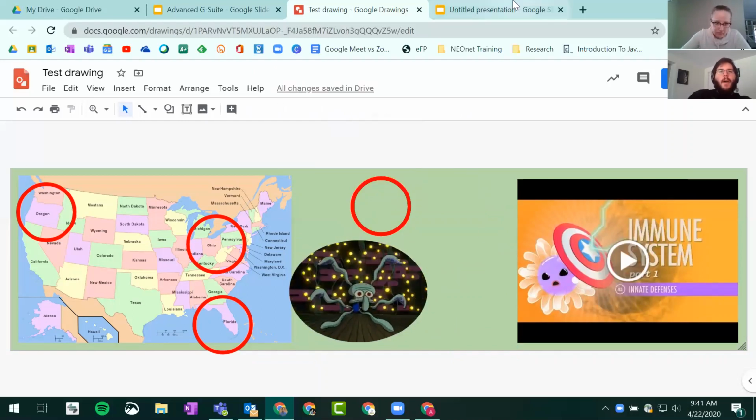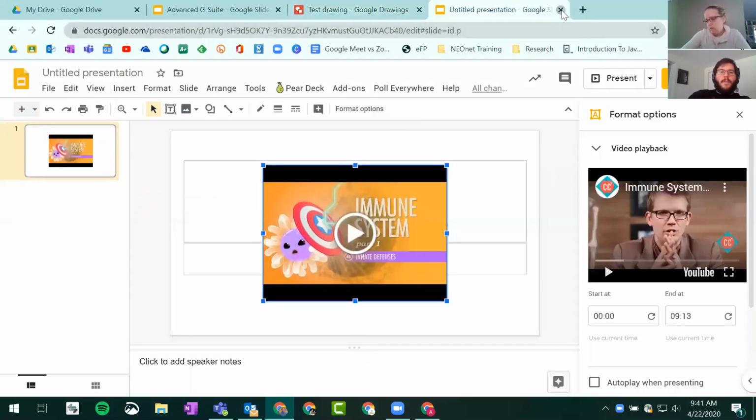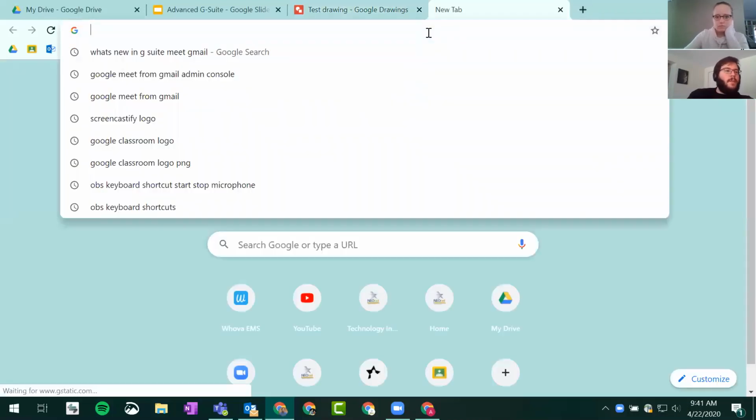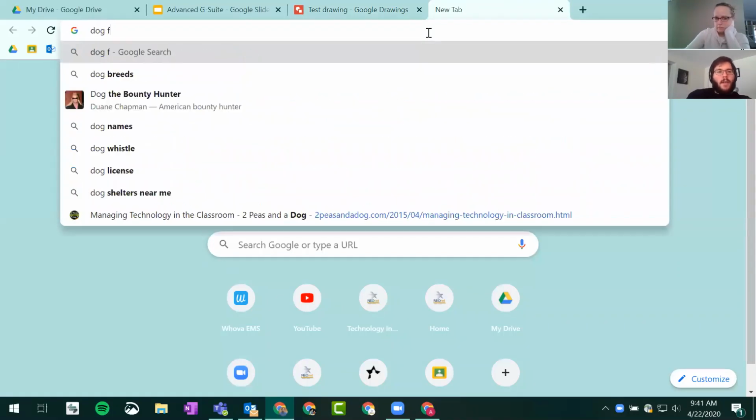All right. The other method for inserting GIFs into a Google Drawing, and this will be the same for a Google Slide or a Google Doc, it's all the same process here, is that you can just do a Google image search for whatever you're looking for, and then GIF at the end of it. So if I do dog GIF,